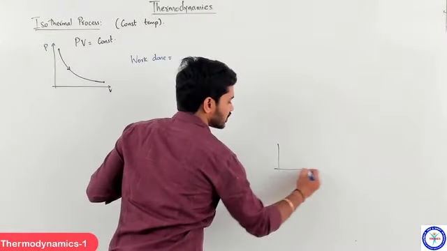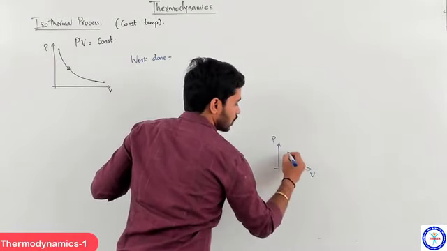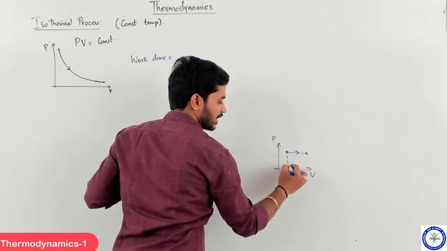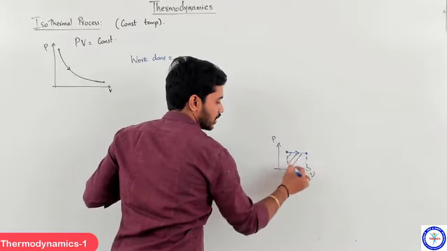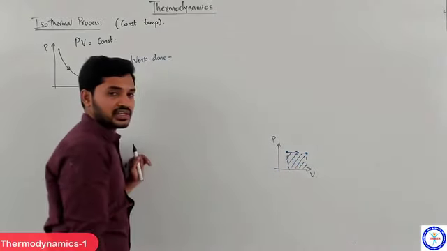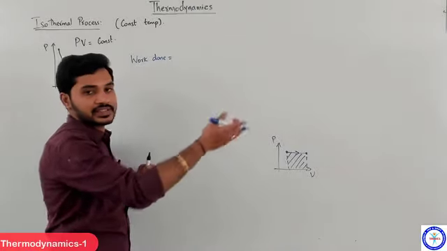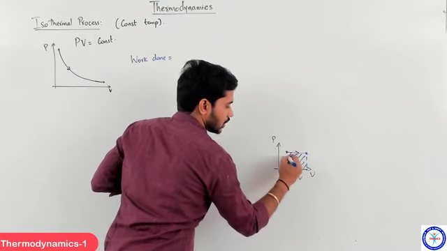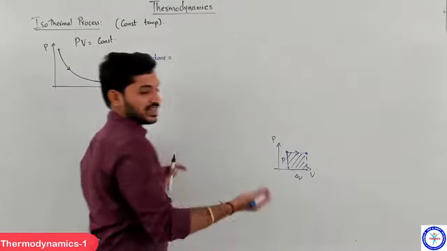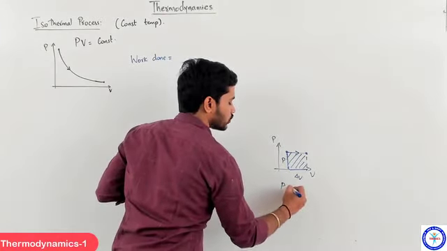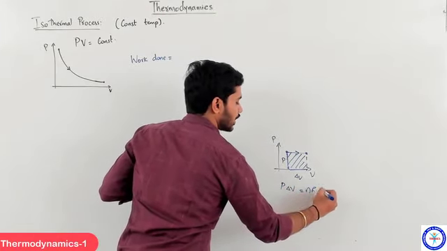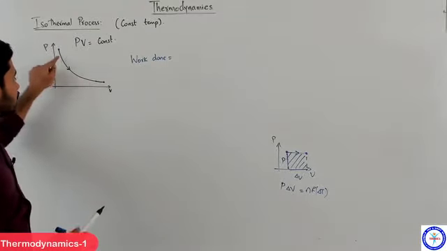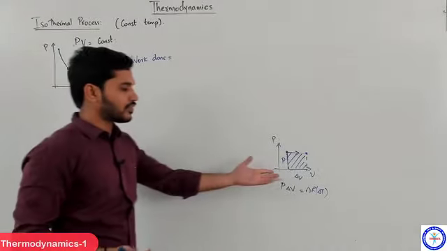So in the isobaric process the graph was like this, P versus V. If I have to find the work done, work done is basically the area under the curve, right, which is this area, and because we have a rectangular area there, it is easy to find the area of that rectangle. We calculated that earlier: this length is delta V into this length, which is P. We can write work done in the isobaric process as P delta V or nR delta T. We have seen that earlier, right? But here, because we have a hyperbola, calculating the area under this is slightly difficult when compared to this.